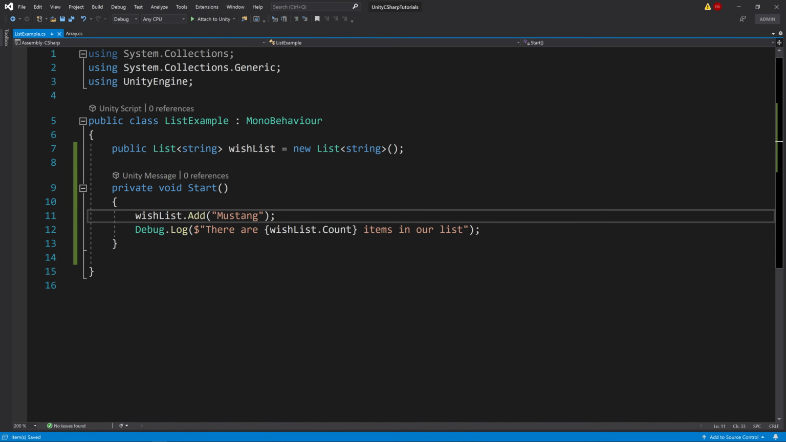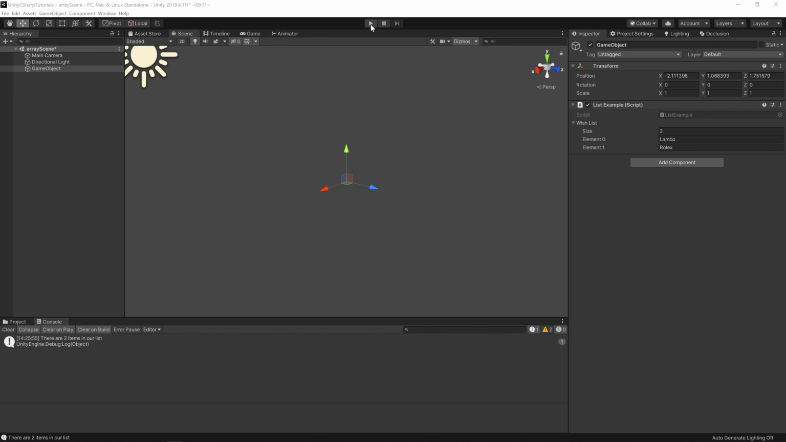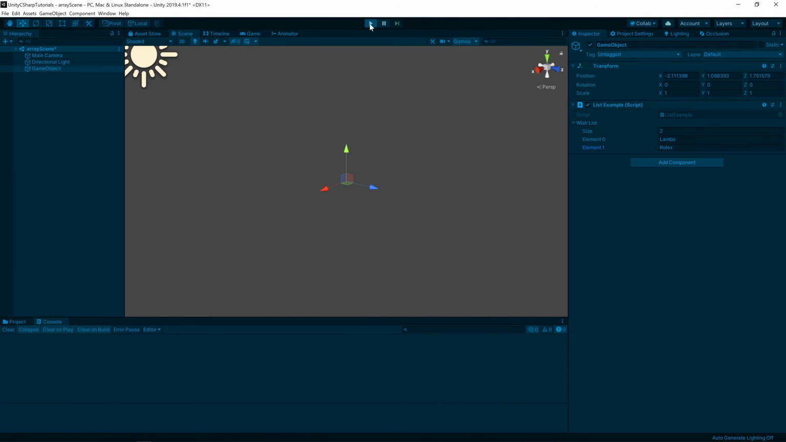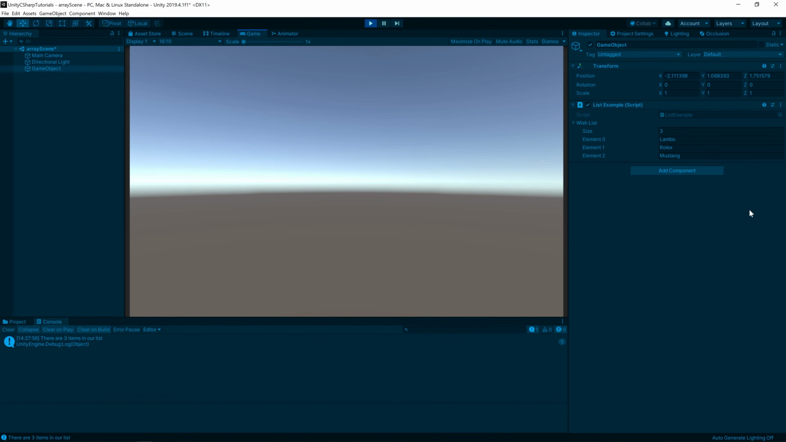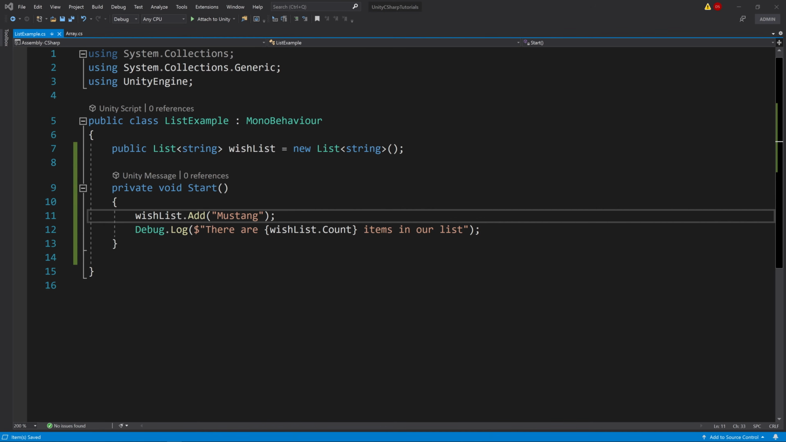And save that there. So once we run this, we've already initialized our variable list with a couple of items, just the Lambo and Rolex, but we're going to add one in our start method, and then we're going to show how many items are in our list. So I can go ahead and click on the play button. It says there are 3 items in our list, and you can see here Mustang has been added as an element. This adds it to the end of the list,